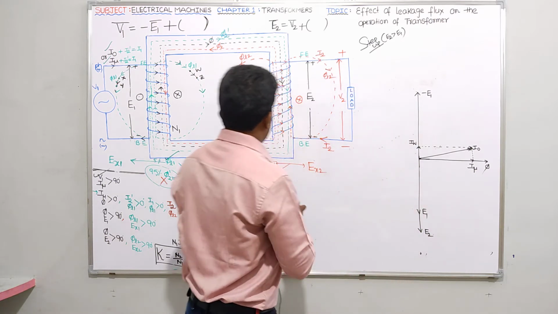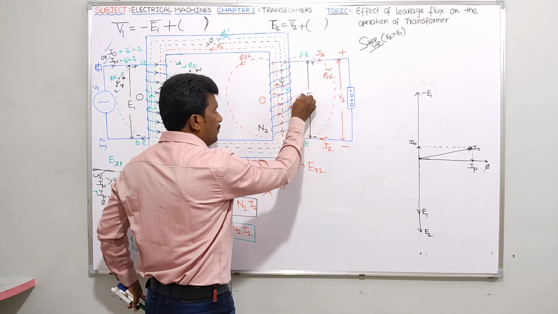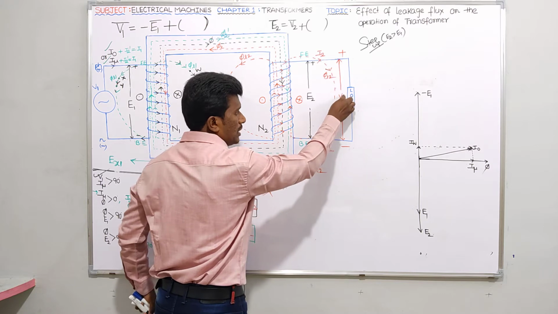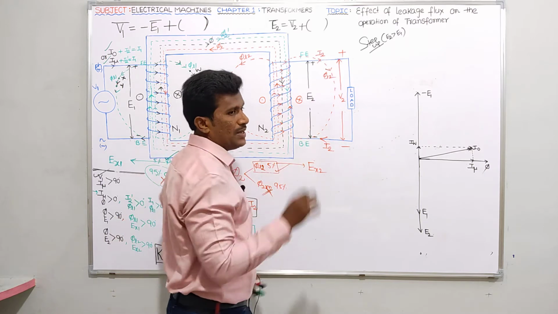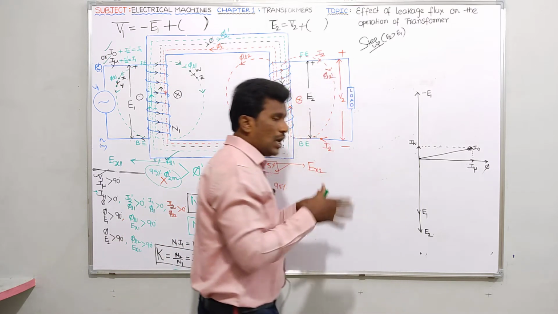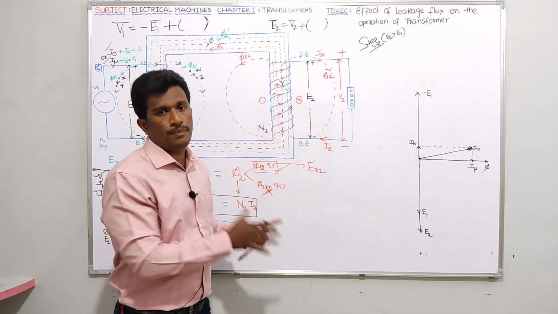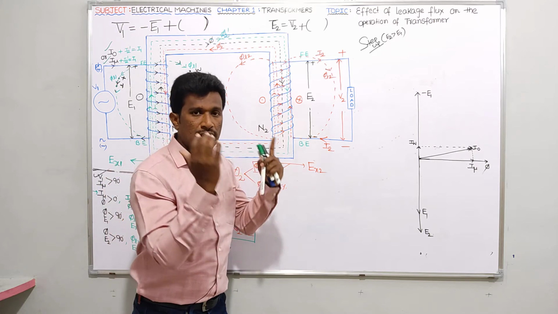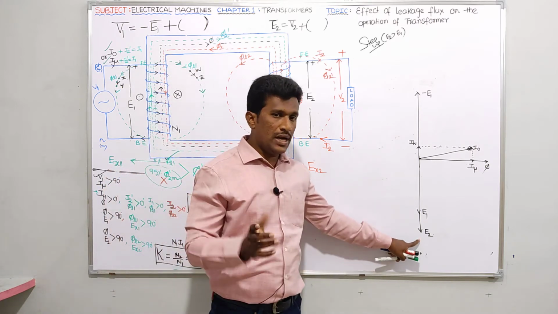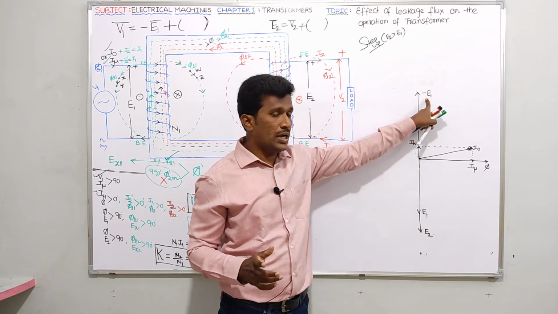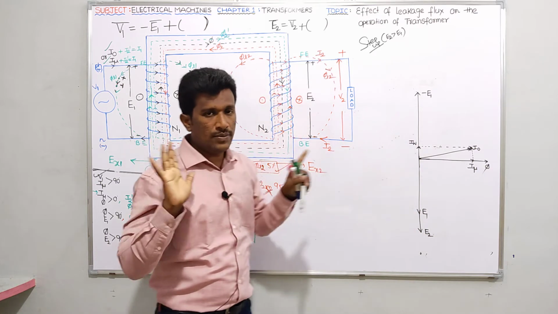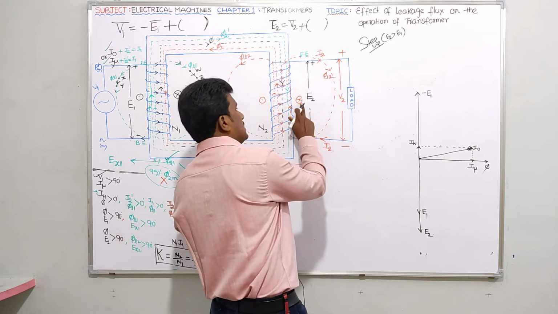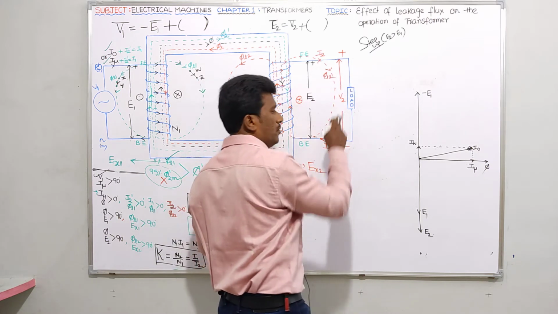You tell me, after EMF in the secondary winding, then only you will get V2, no? Then only you will get this V2 vector. So V2 lags E2 by some angle. So don't equate E2 and V2 in this topic, because we are discussing the effect of leakage flux. Don't try to write E2 bar equals to V2 bar, and don't try to write V1 bar equals to minus E1 bar. That is all I just want to stress, okay? Now guys, V2 lags E2, because after E2 only you will get a V2 vector, right?